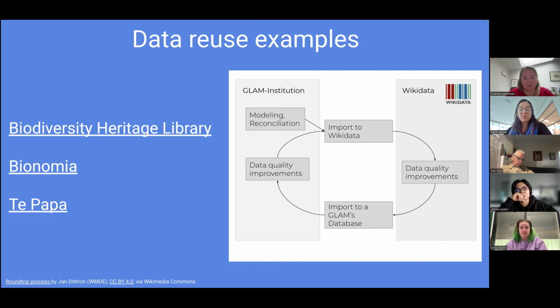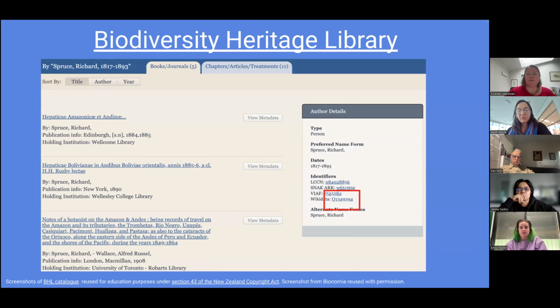So this reuse of Wikidata information means we can access the same information from multiple places, multiple websites. And just as one example, this can help us to disambiguate botanists and collectors much more easily and with confidence. So here you can see an example from the Biodiversity Heritage Library. And the red box is showing on the BHL webpage, they're linking to the Wikidata QID number for a particular